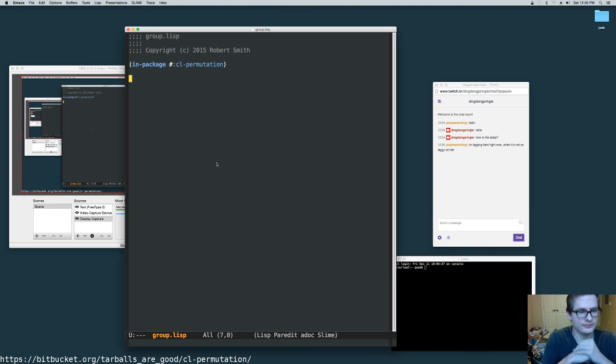Okay, so first I want to define a generic notion of a group, and I want to do it in a way that's useful computationally. Just to go over some of the basic characteristics of a group, a group G is a set S along with a binary operation, which I'll call asterisk, such that